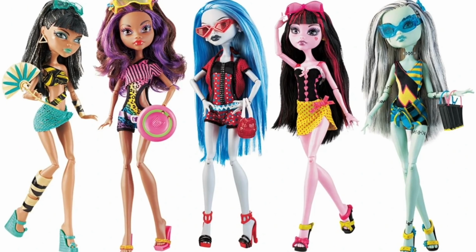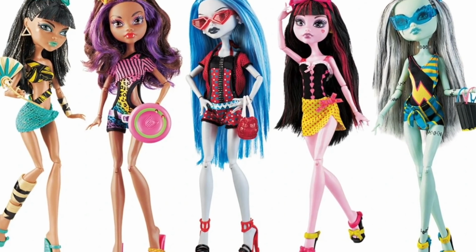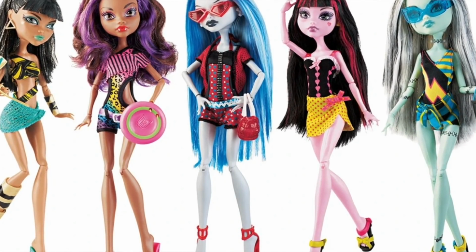Alright, so we're gonna start with Operetta, and honestly one of my favorite things about the Monster High dolls is all the swimsuit lines. Kill it. Knock it out of the park all the freaking time. I'll just put some images, but like